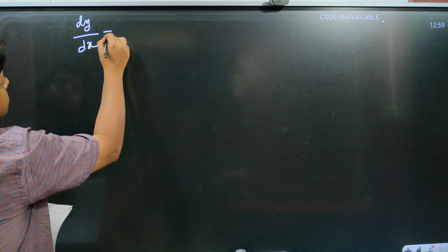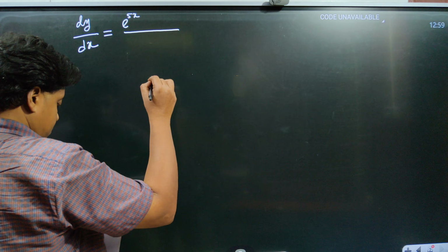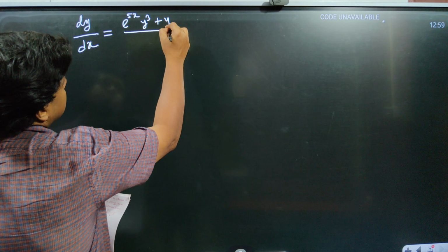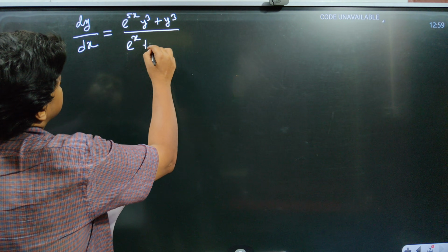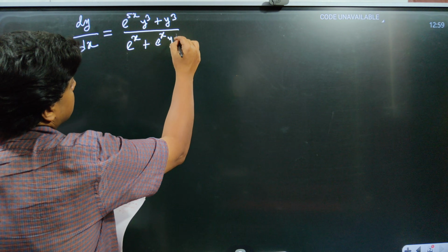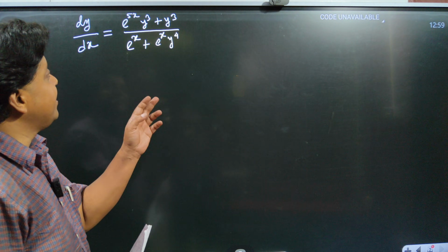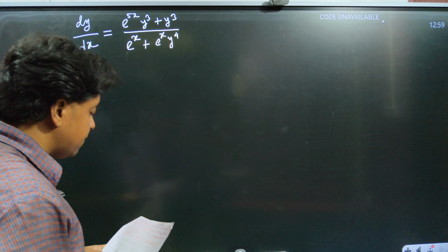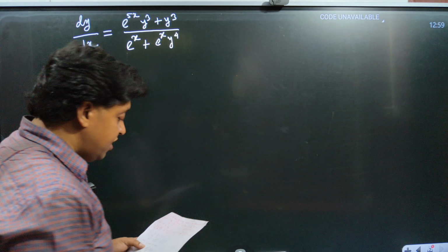So the given differential equation is this. Even a child should be able to see that you can take y cube common in the numerator and e to the power x common in the denominator. So this converts the differential equation into